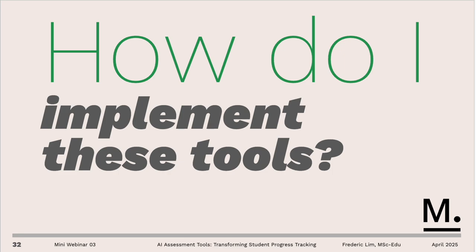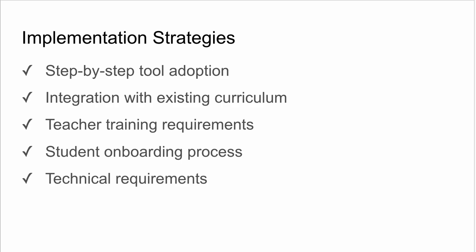The rest of the presentation here is how to do certain things. So this one is, how do I implement all these tools? Well, I would do a step-by-step adoption. I recommend starting with just one or two of these tools. I gave you 5 plus a bonus, right? So rather than beginning with all 6 at once, begin with